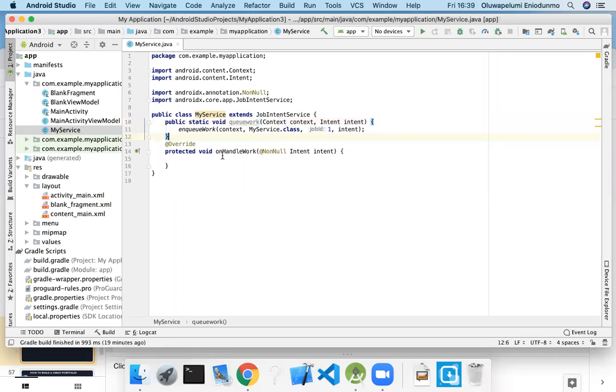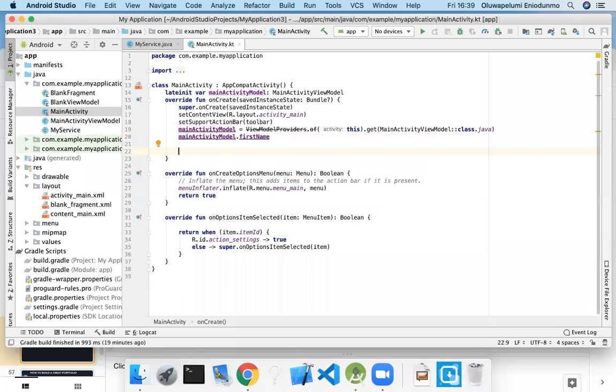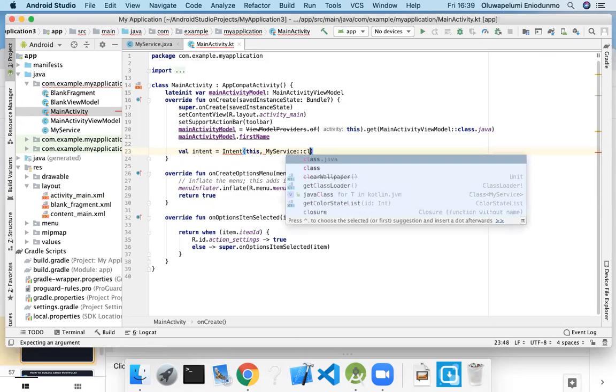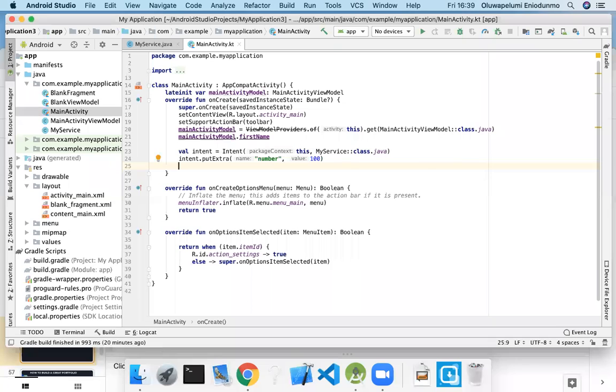I put in my work here, and the way I call it is, let's assume I want to call it from here. I have to create an intent. Remember that for us to start a service, or any Android component, we need an intent. So I'm going to create an intent first. This will be MyService. Then I can put extra, let's say number 100. Then I start the service by saying MyService dot